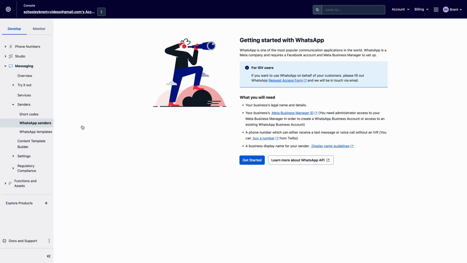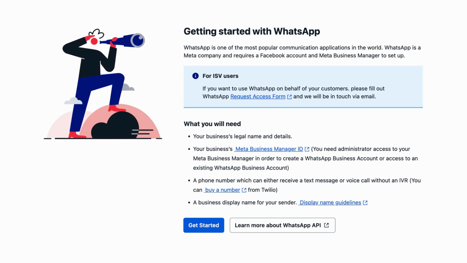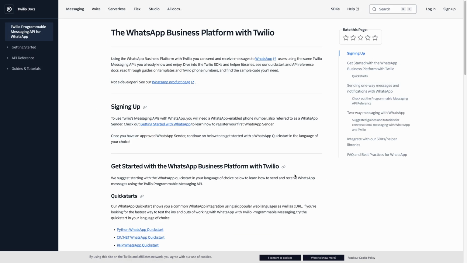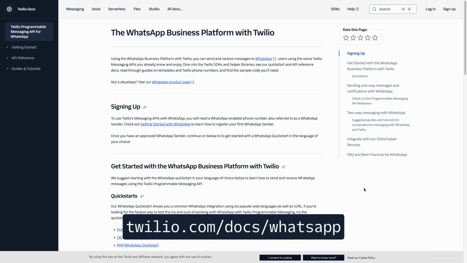Click on this register your own WhatsApp sender, and you'll land on this page that has all the information that you need to have to send, including your business information, your Meta account, and a Twilio number. So click the Get Started button if you want to get started with that. There's also a handy Learn More button here that'll take you over to the Twilio docs for WhatsApp at twilio.com/docs/WhatsApp, so you can learn everything that you need to know and get started with a quick start in your